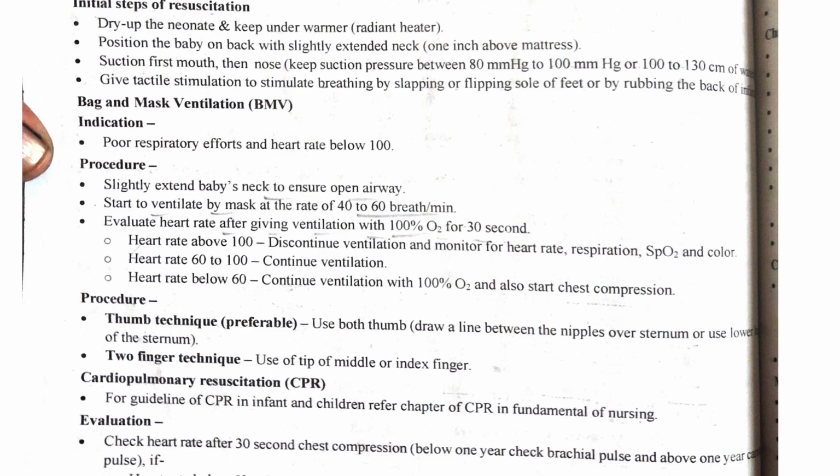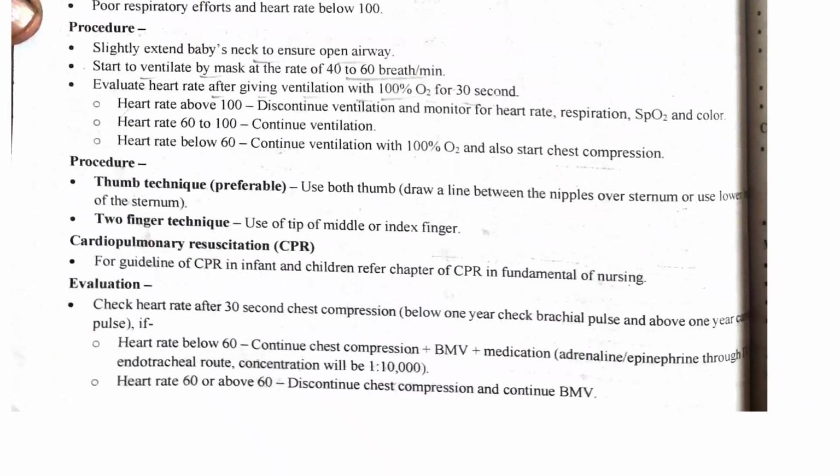Heart rate above 100, discontinue ventilation and monitor heart rate, respiration, SpO2 and color. Heart rate 60 to 100, continue ventilation. Heart rate below 60, continue ventilation with 100% O2 and also start chest compression. Procedure: thumb technique is preferable. Use both thumbs. Draw a line between the nipples over the sternum, or use the lower